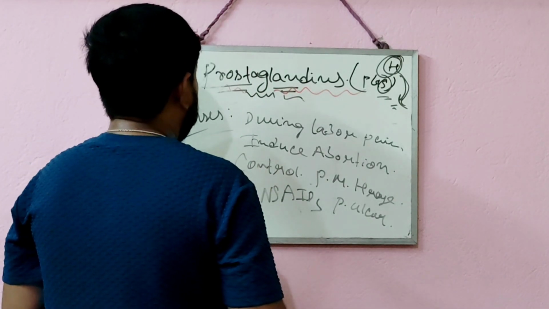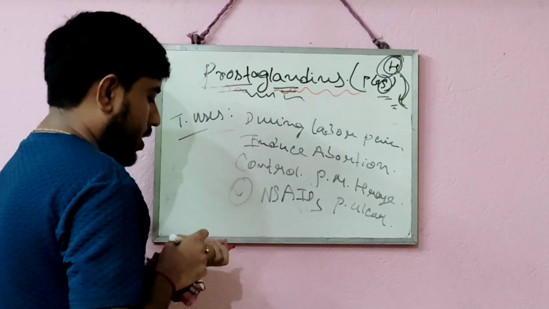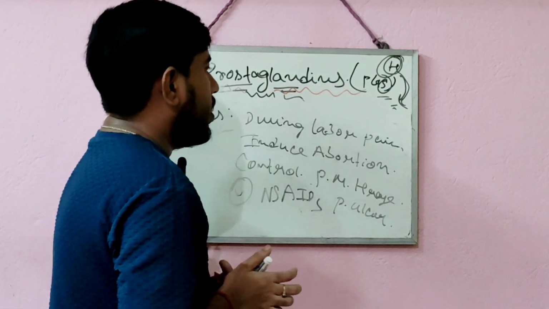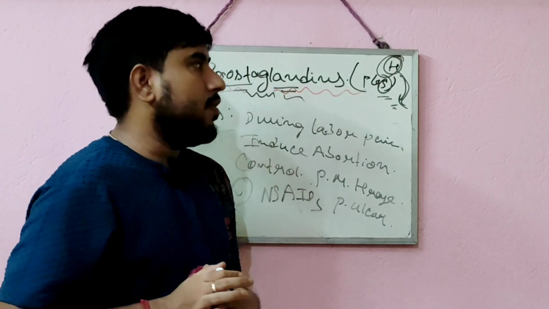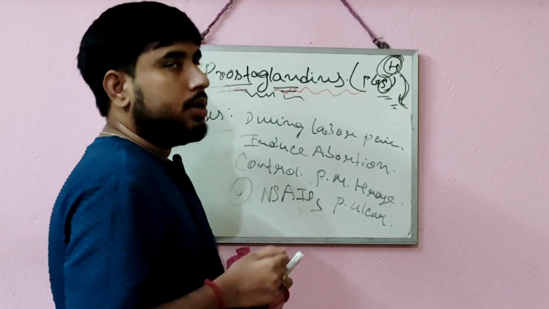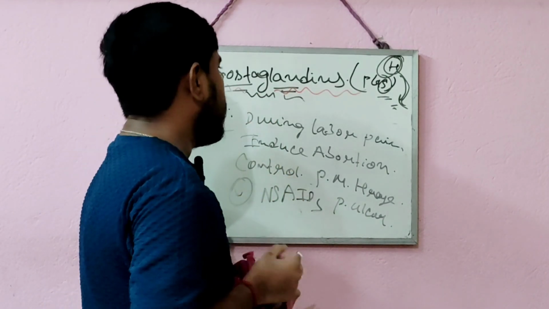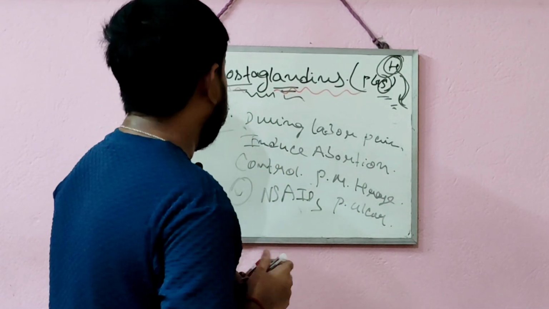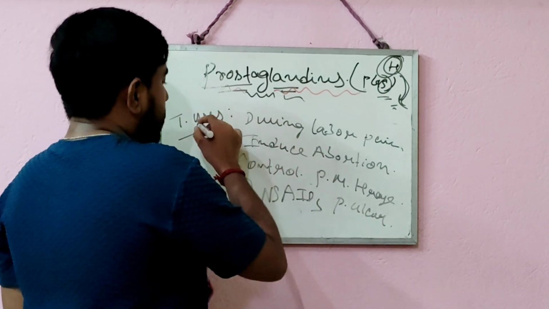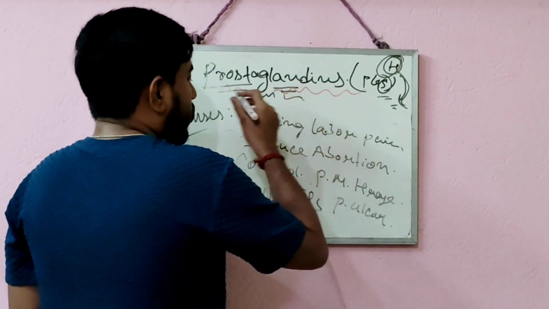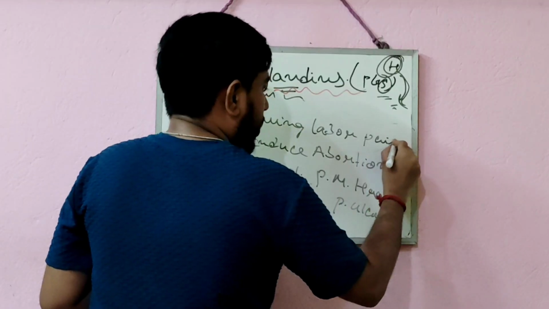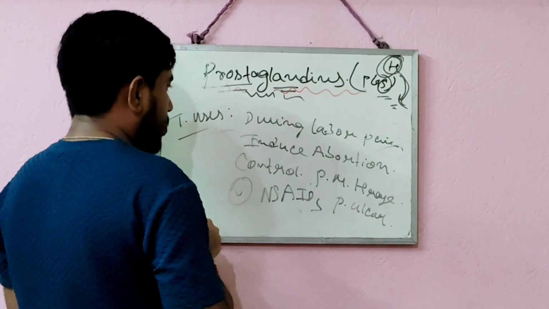Now we'll discuss the different therapeutic usage of prostaglandin. That means the different usage in the pharmacy field or medical field. The prostaglandin analogs that I have already discussed are generally used in the medical field, which I have already written here. The therapeutic usages are that prostaglandin is used during labor pain,